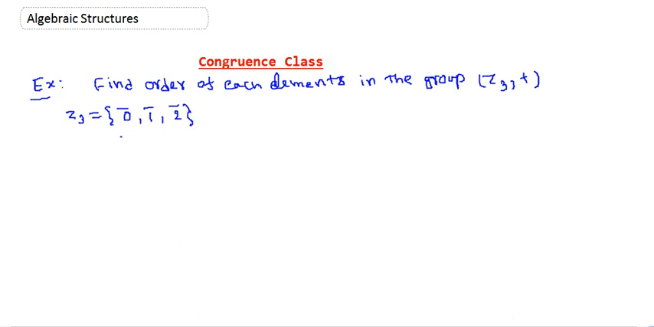So what we're going to do, we're going to find the order of each and every element of the group Z3. So let me recall for you what is the order of an element in a group. Suppose we have a group, so let me recall that part. So here we go. Let me recall that if we have a group G with the composition, and if we have the identity element